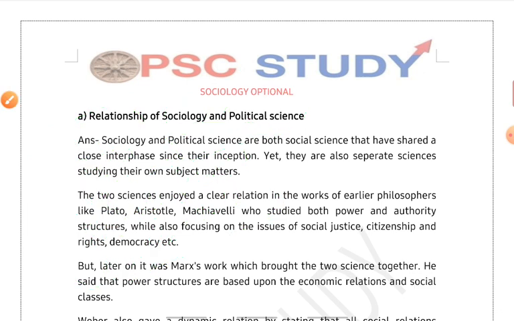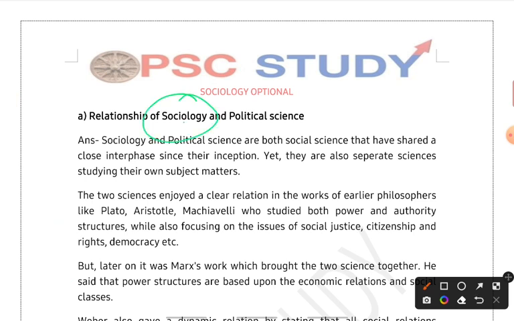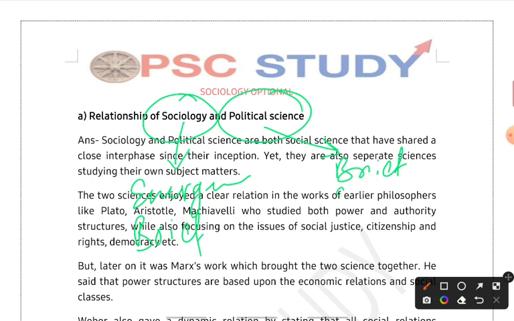So the first part is the intro. What you will write in an intro is basically you can start with a brief history, a brief emergence of sociology. You can start with that, but it needs to be a brief one, okay? And then a brief history of the emergence of political science. Over here you can mention industrialization, the French Revolution, briefly, not too much, because the question is not about the emergence.